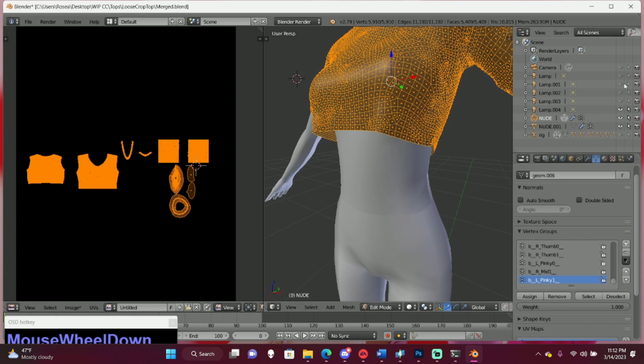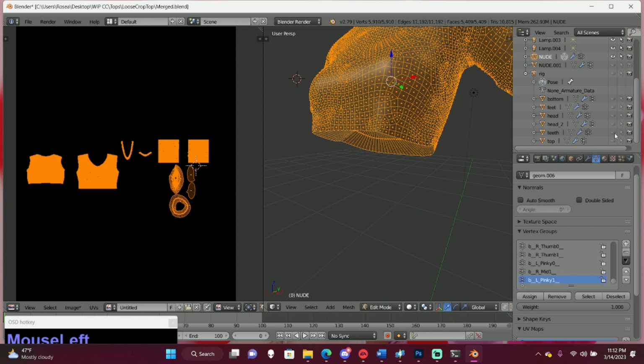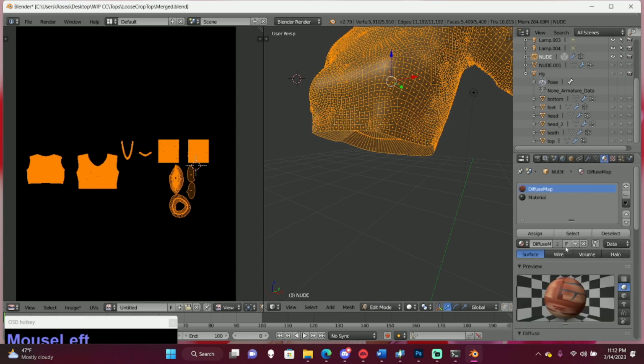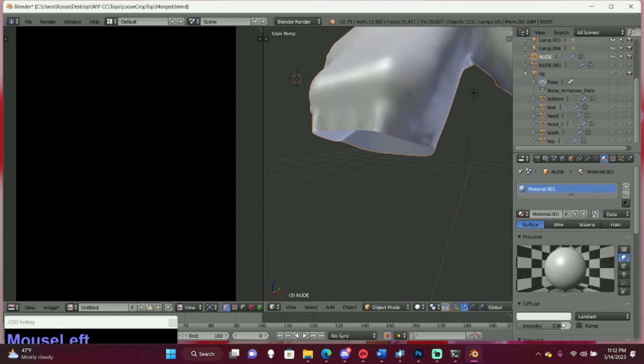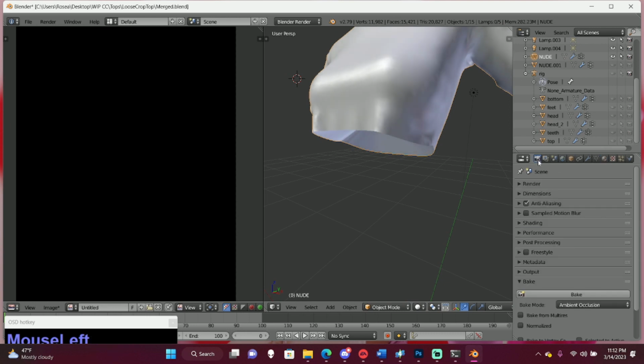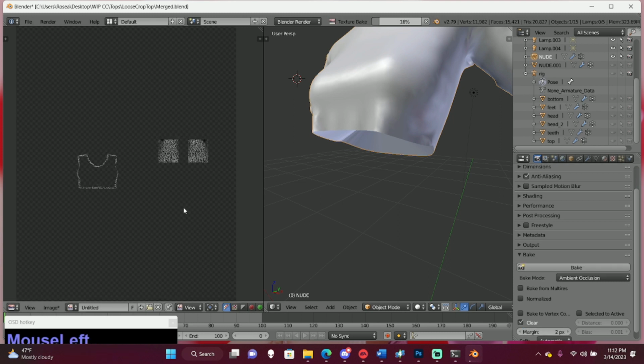Then I'm going to go over here, click all the lamps and the arrows, turn that camera off. We're going to turn the body off and turn the rig off. And then I'm going to go into object mode, delete these colors, new, and I'm going to change that to white. And then I'm going to change this to 2 and hit bake.